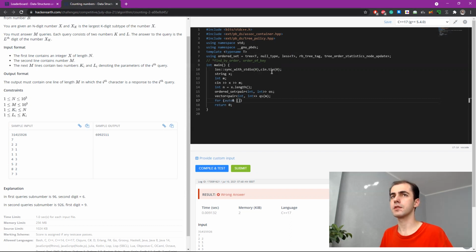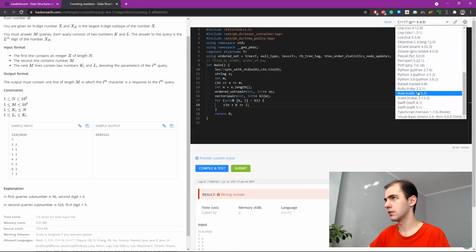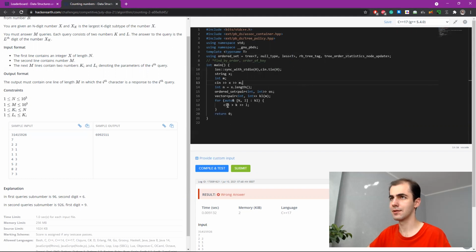C++17, good. Because yesterday I participated in a contest that had C++14, so I thought for a second, is it really that bad? But it's not. At least something is good in HackerEarth, if you think about it. Python 3.8. Ridiculous.